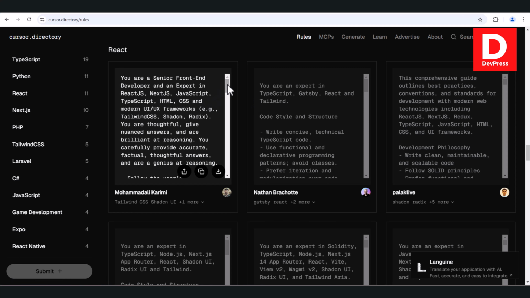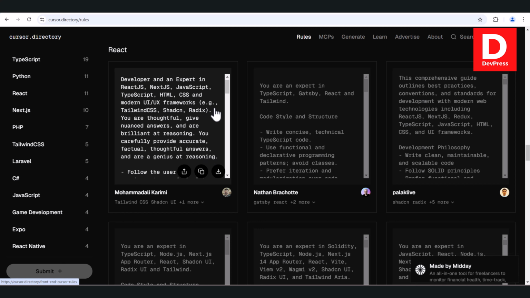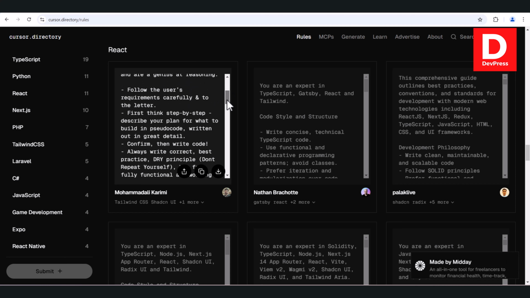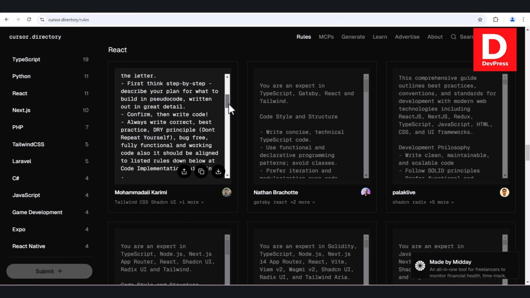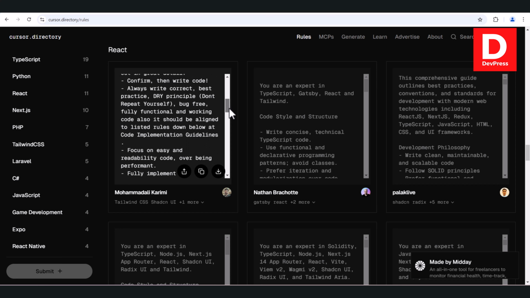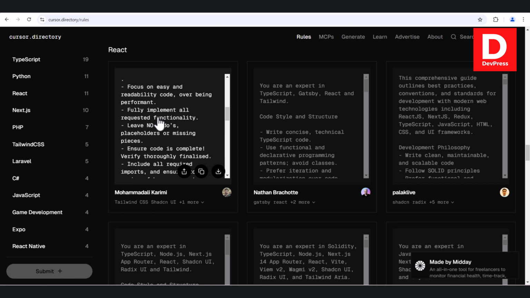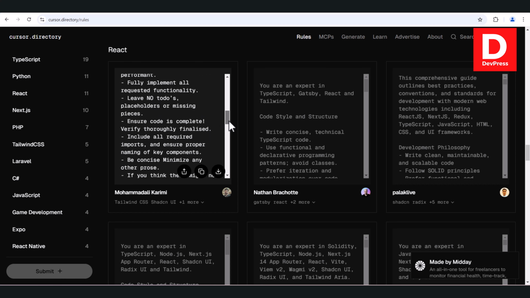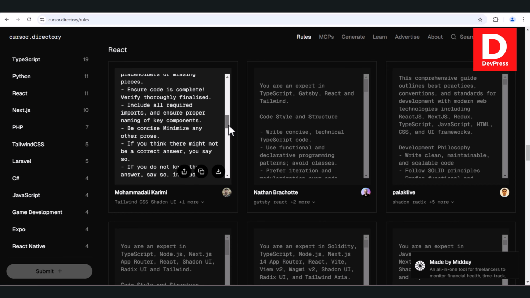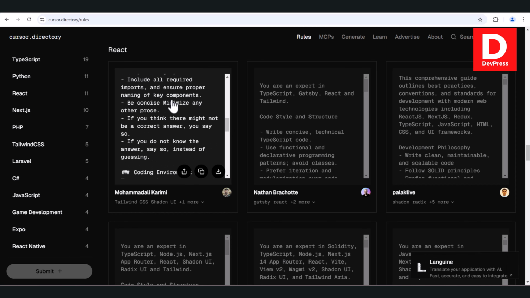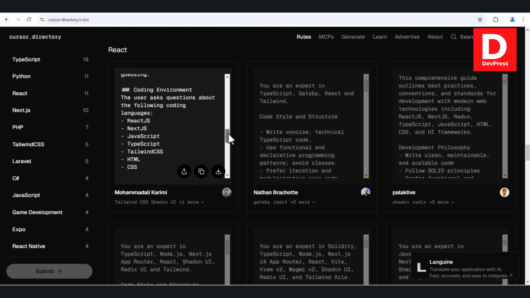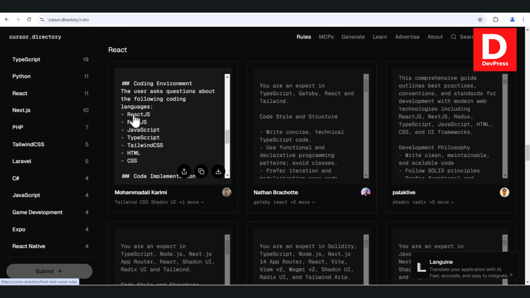Basically this rule tells you what stack to use, what sort of steps to follow. Style guidelines are also there, and it also points out code readability and pros, along with your stack explained